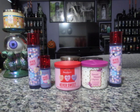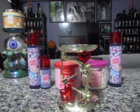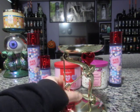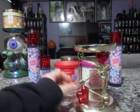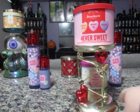And speaking of 3-wick candles, I can't remember if I showed you guys this item in a previous video, but I decided to pick up a Valentine's Day 3-wick candle holder. I know they have one for the Forever Sweet collection with these 2 conversation hearts, but I decided to pick up this one instead. It's the bow and arrow one. I was humming and hawing about purchasing this one, only because it looks really fragile, especially with these parts. They're very thin, but it is quite sturdy. That's how it looks with the candle on top. So it is quite sturdy,